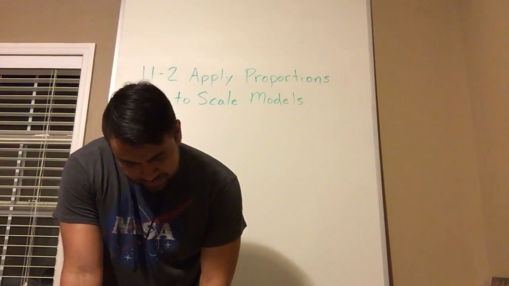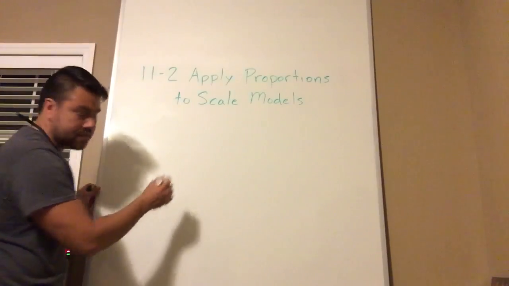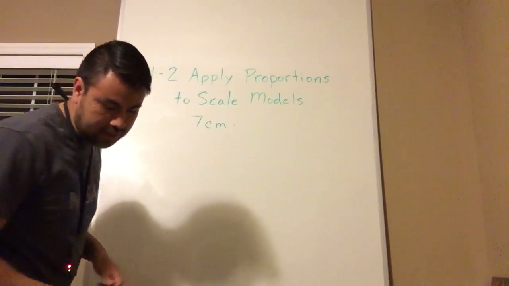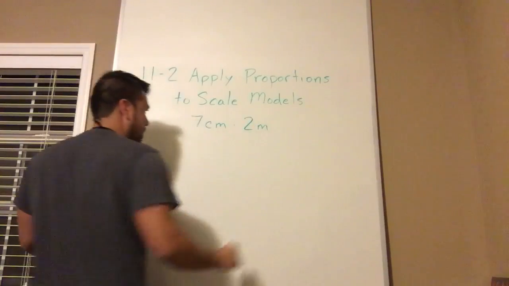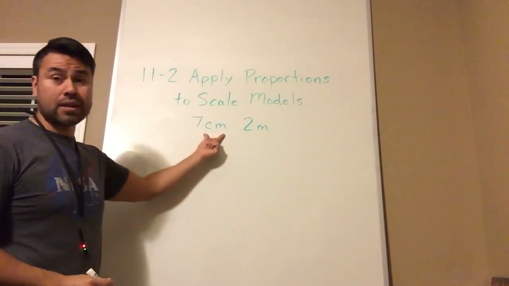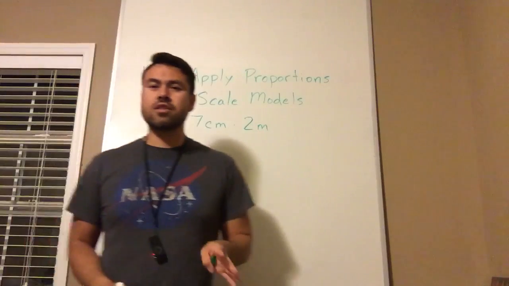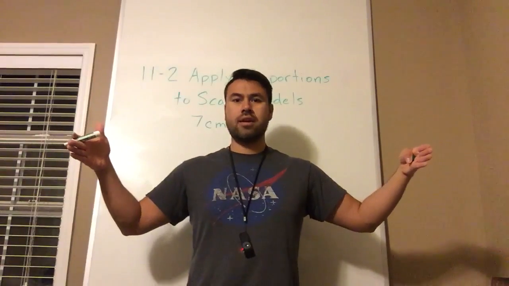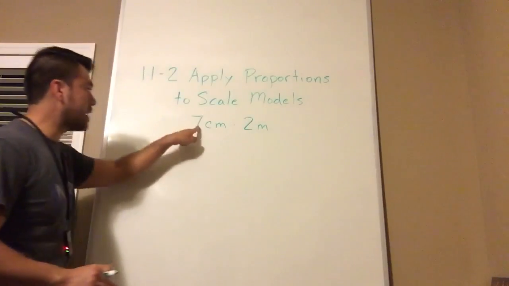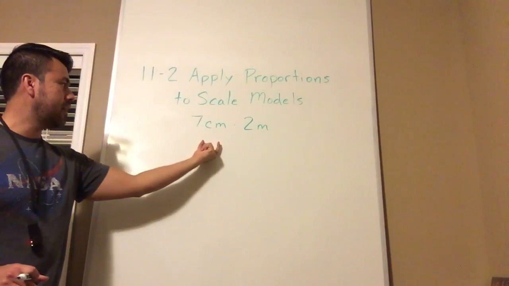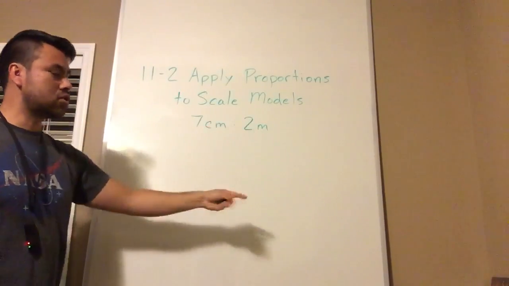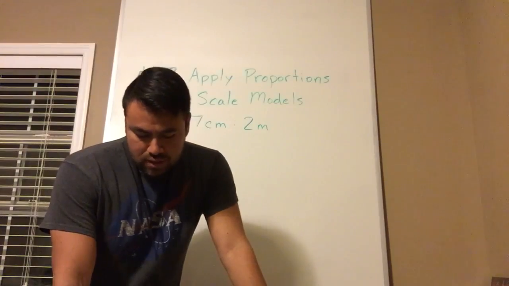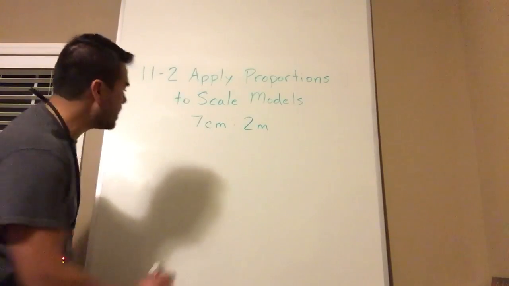let's see a good one. They're going to give you a scale of 7 centimeters, for example, representing 2 meters. So this is the map, or the blueprint in this case, and that's the actual. Just a reminder, a meter is a little over a yard. So like a yard, that's about a meter. So 7 centimeters is going to represent 2 yards, basically. Then they say, what are the actual dimensions of a room that is drawn